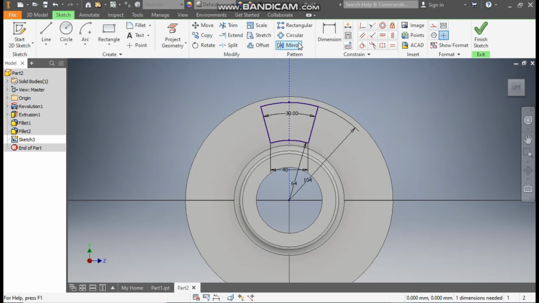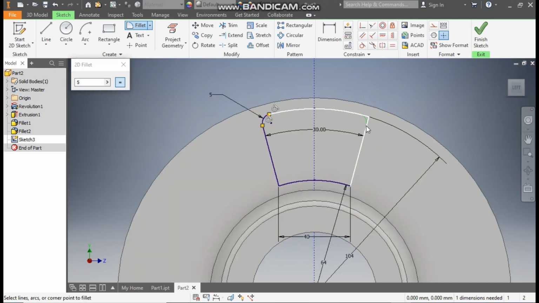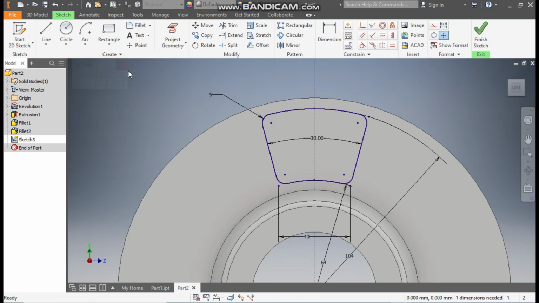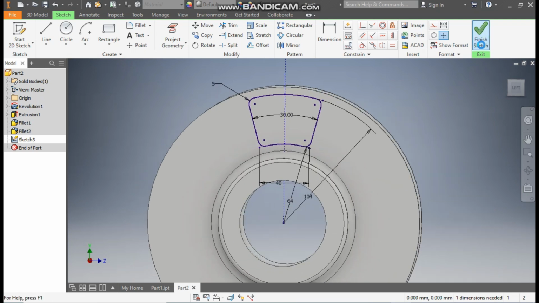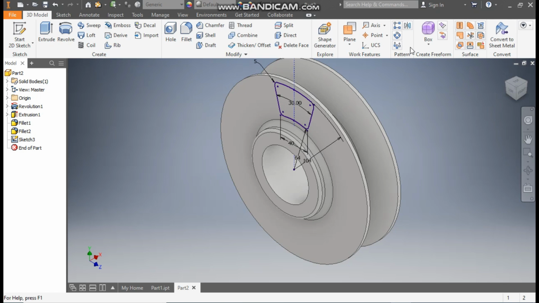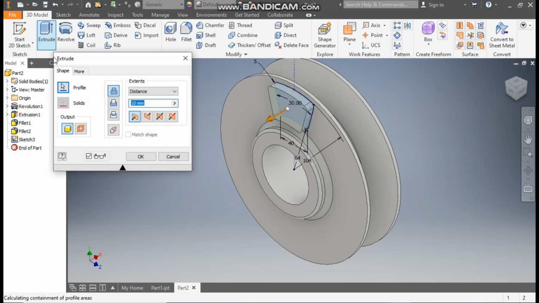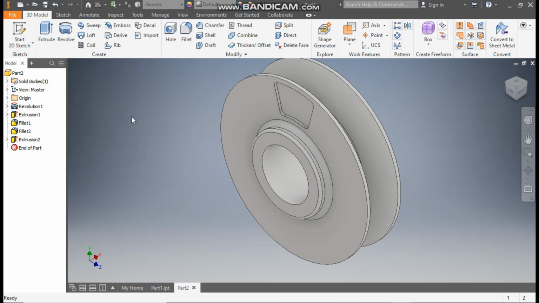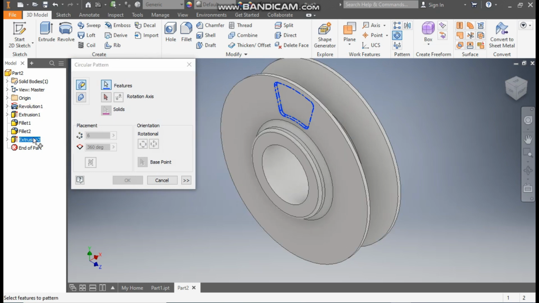Now here go to the fillet command and take fillet radius of 5 mm. Select this corner, select this corner, select this and select this and exit. Okay. Finish sketch. Take here the extrude command and take here cut and take a cut of 3 mm depth and press OK. Okay. Now here take circular pattern, select this extrude 2, go to rotation axis, select this profile